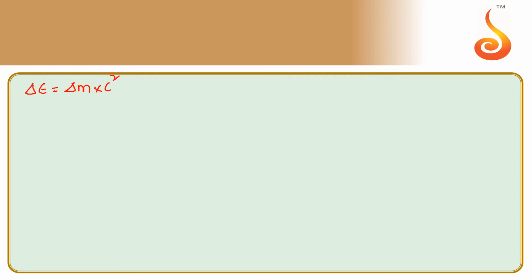So first let us calculate the mass defect. Mass defect is equal to total mass of protons plus total mass of neutrons